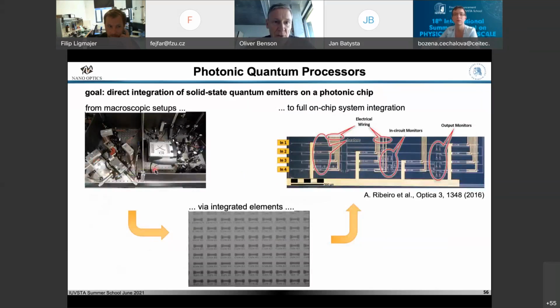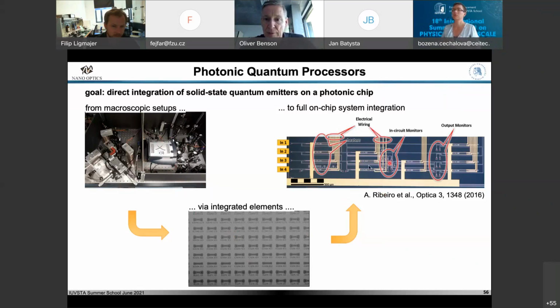Good. That's also something we would like to do, and I maybe would jump over a number of slides and just give you the idea of what we would like to do. So we would also like to go from realizing these photonic gates on an optical table, and we would like to replace more and more parts on an optical table with integrated elements. Going from the sources, maybe putting the sources on a chip, having the microscopic beams being on a chip and so on, and then maybe also including electrical manipulators and so on. And this is typically what you nowadays try to integrate in a photonic chip.